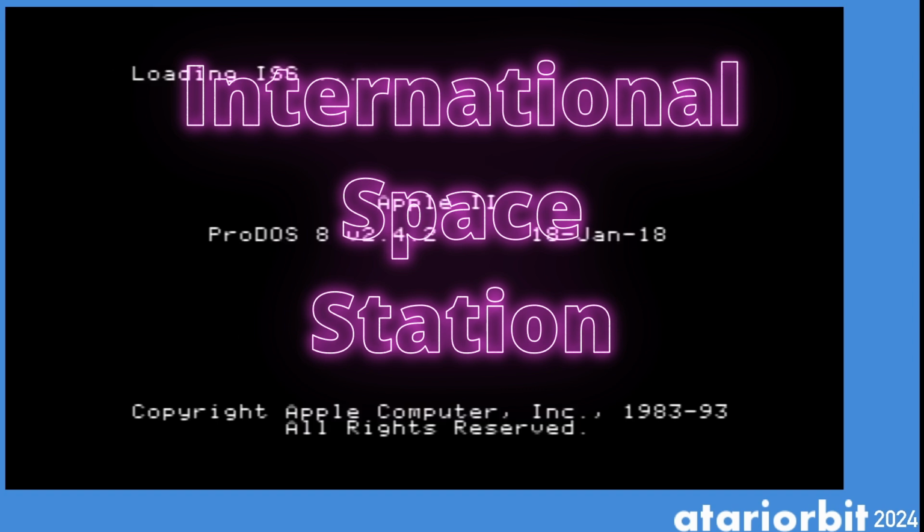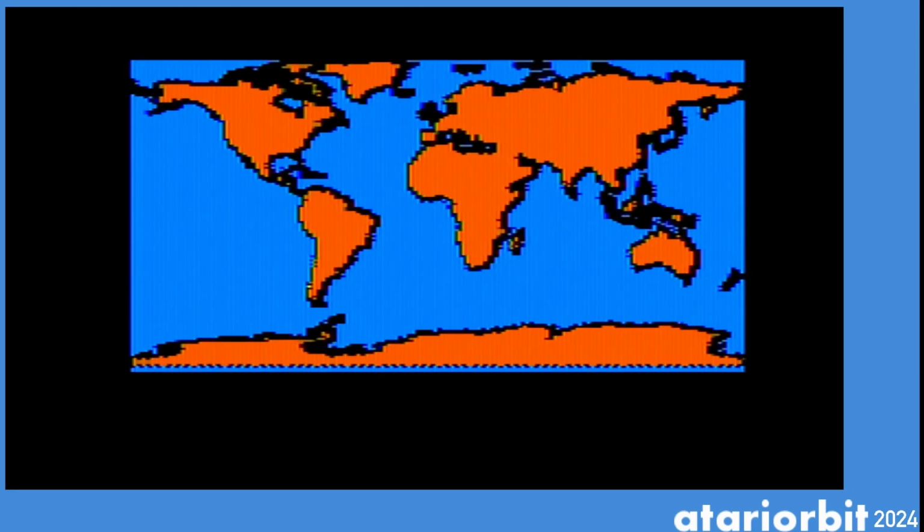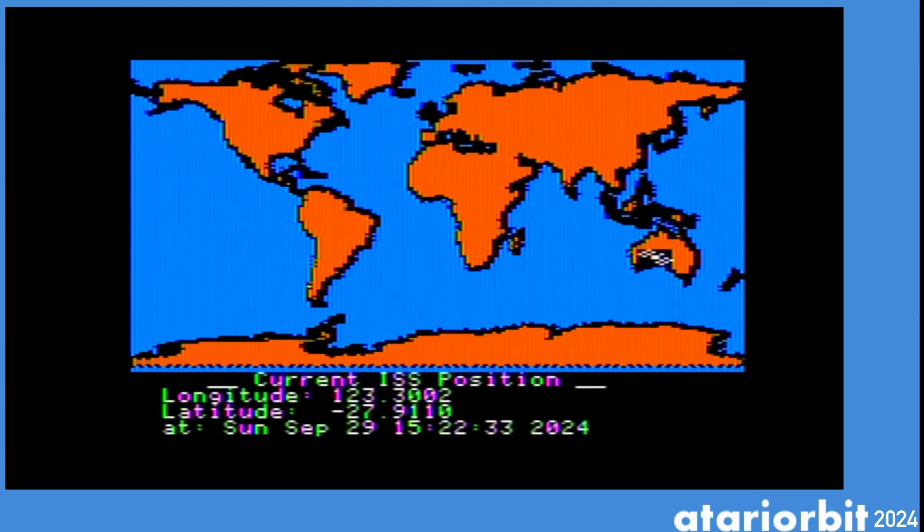All right, and then we have the venerable ISS tracker. This application has been out for a while. I'm a little bit proud of it because it is one of the things that I've actually made a small contribution to recently. There's been work by Oliver Schmidt to enhance and work with some of the Apple II